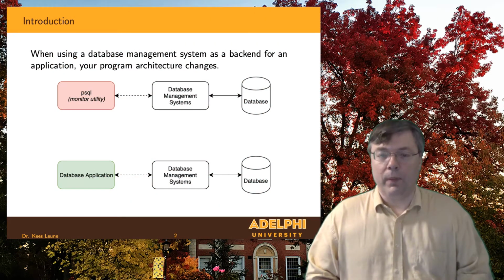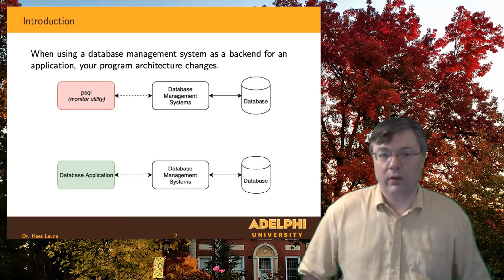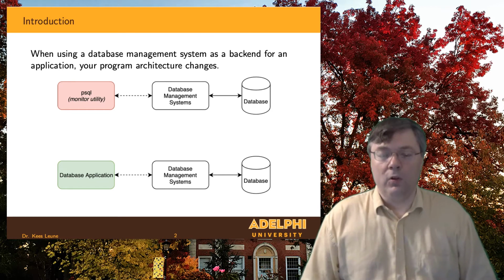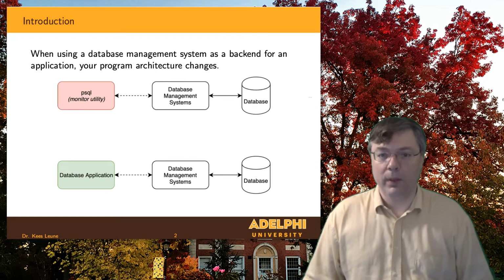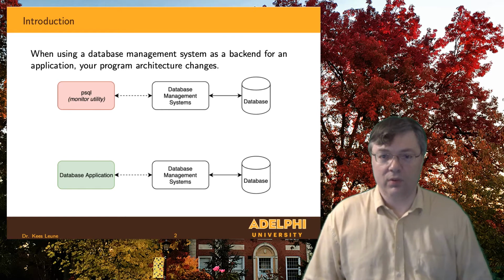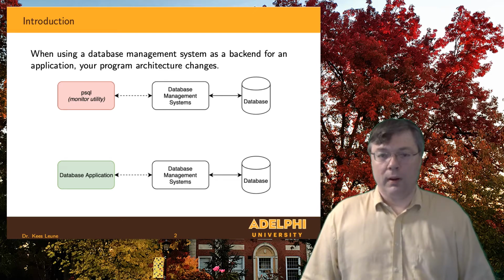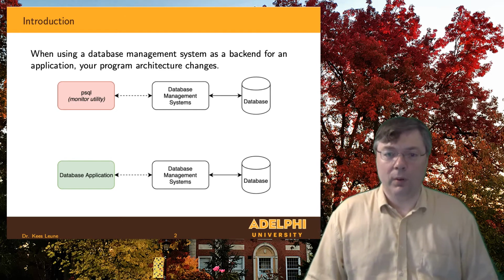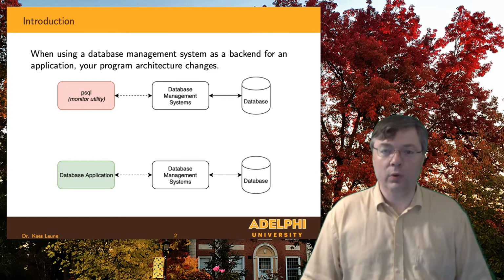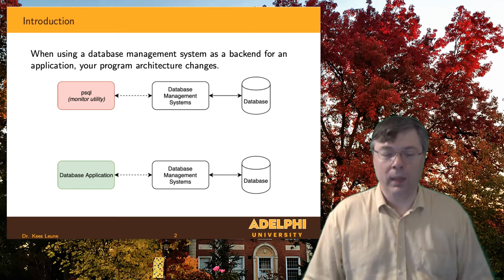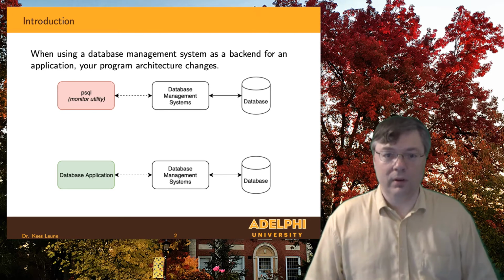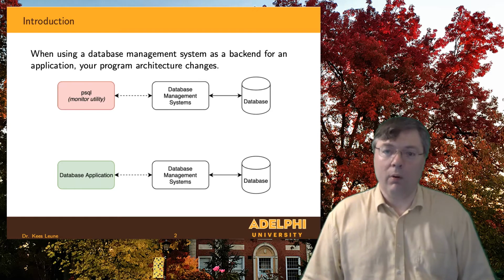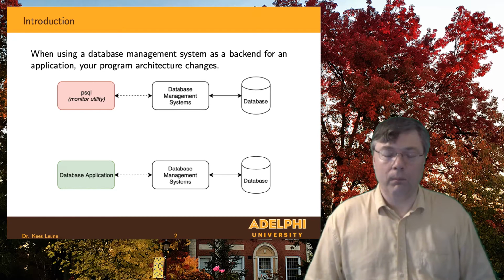So as we do that, the system architecture of our programs changes. Specifically, until now, we have used on the top right our database, which we access through the database management system. But always keep in mind that if we type psql on our command prompt, we're not actually connecting to the database management system directly. We're launching a utility application called the monitor. And the monitor is what connects to the database management system. So that is the part that we want to change to our programs